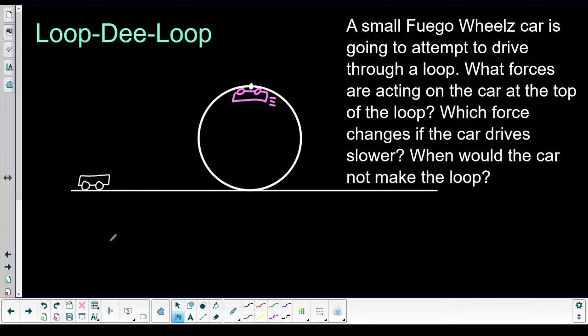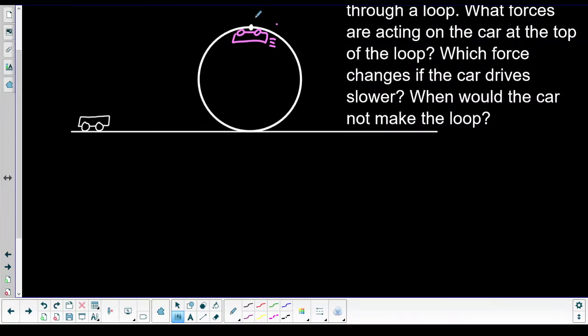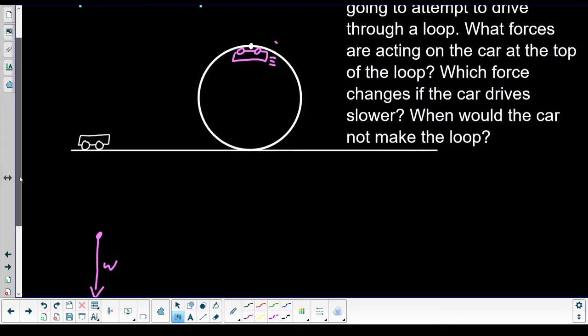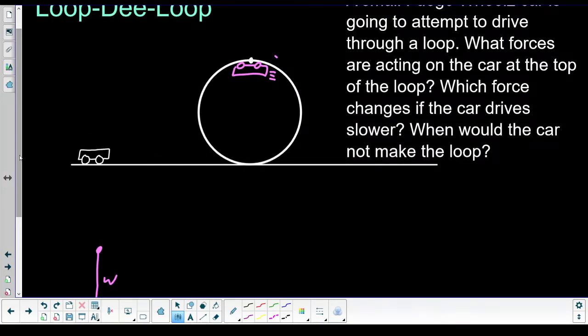All right. So for our force diagram for this pink car, we obviously have weight. Always, Mr. Barton, there's always weight. Okay. So let's think about this maybe. If this thing's going really stinking fast,